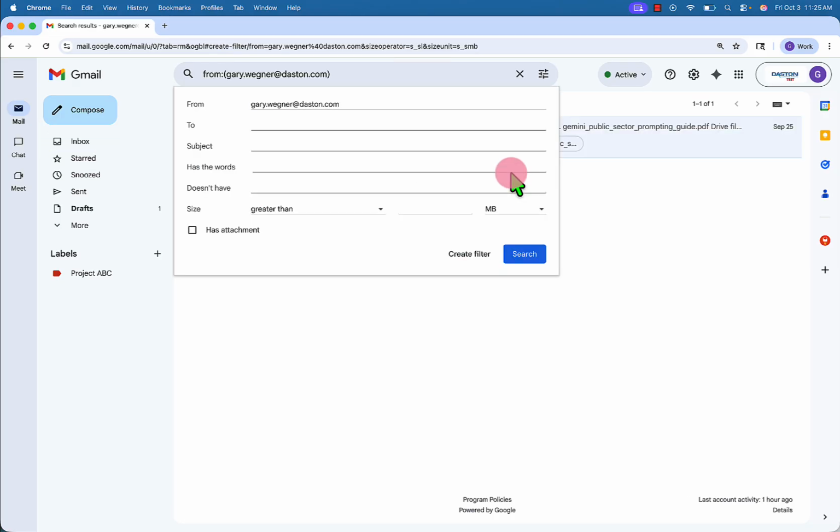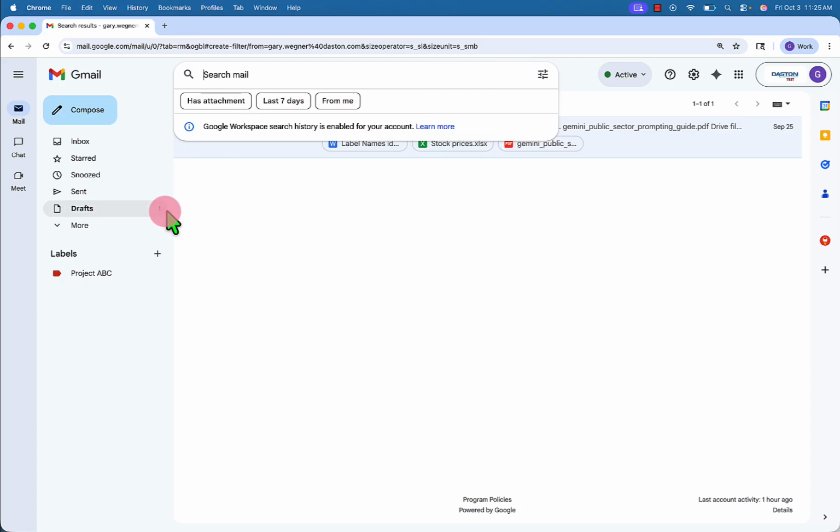Now, what I mean by save a step is it actually grabs the email address automatically and populates that from field. Now you do have the ability to delete that and get rid of it if you want, but a lot of times that's how we create filters based upon that information. Now from here, we can also go down to create filter and start filling out the fields, which I'll do in just a moment, but I want to back up and show you the other ways that we can create these filters. So let me go ahead and get out of this,